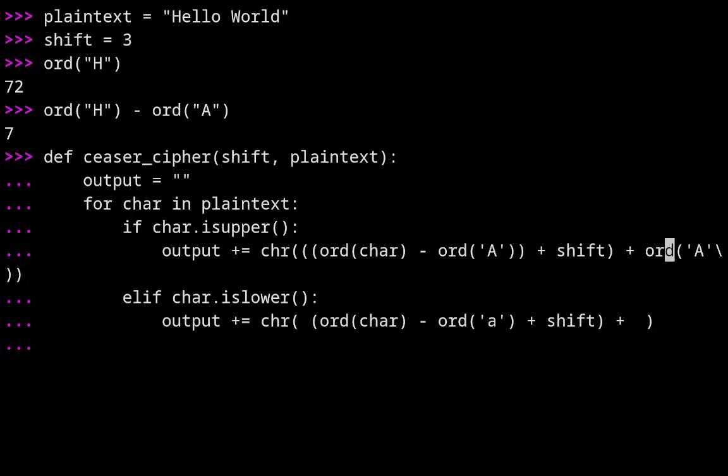We forgot to take the output modulo 26. That is a very important step because we want the index of the characters to stay within 0 to 25. Right? So what we have to do is, after applying the shift to the index of the plain text character, take it modulo 26. So here